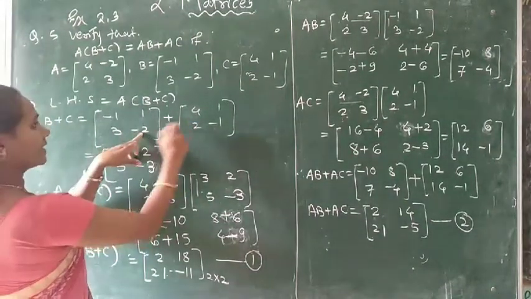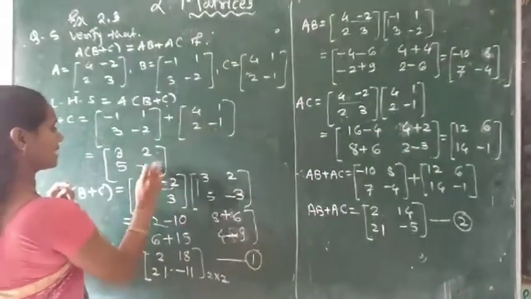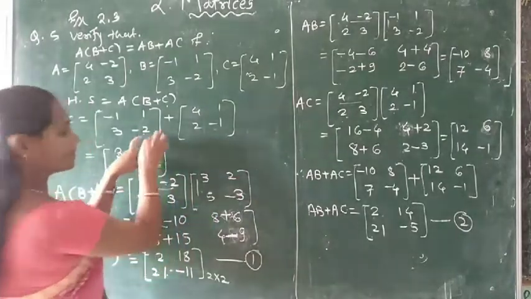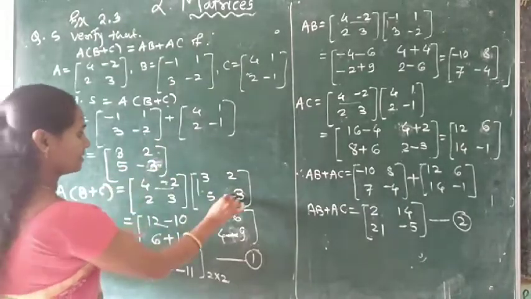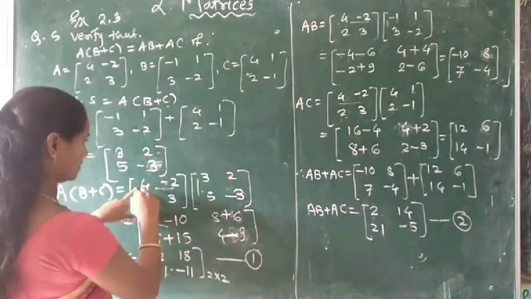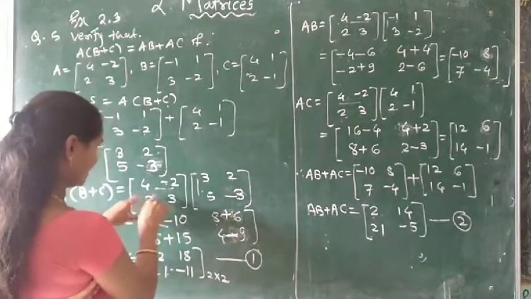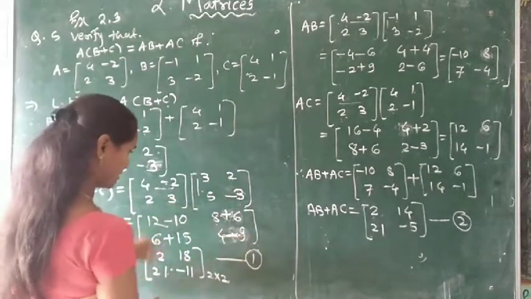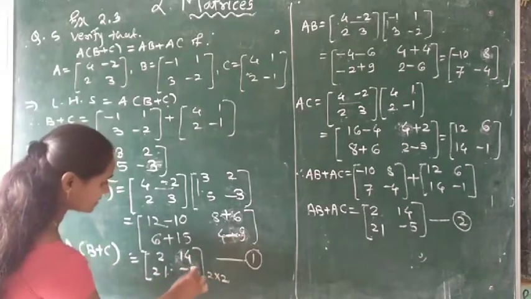Here I took the addition wrong. Here, minus 2 minus 1, I wrote minus 4. But instead of this we write minus 3. So here it becomes 3, 2. This value is incorrect. Minus 2 minus 1, I took minus 5, but this is minus 3. So here we now get 4 times 2 is 8, and minus minus plus 6, that is 8 plus 6. And the next step: 2 into 2, that is 4, and 3 into 3 is 9. So these values are changed. 8 plus 6 is 14, and 4 plus 9 is 13.